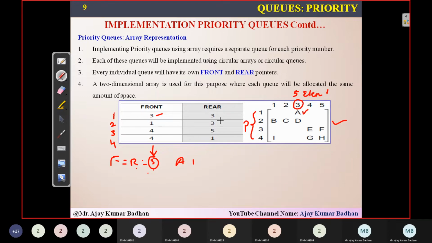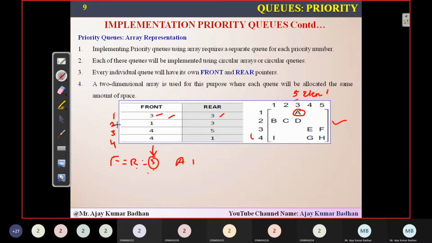Then after that, if suppose the rear is equal to 4, then I can add 2 elements here. Remember that. If I am representing rear here as 4, it means there are 2 elements I can insert. So A, and in the fourth position I can add B. But right now what is exactly showing here? Front and rear are pointing at only one particular position, 3. You can see here, this is 3 and this is 3. That's why we can store only one element here.